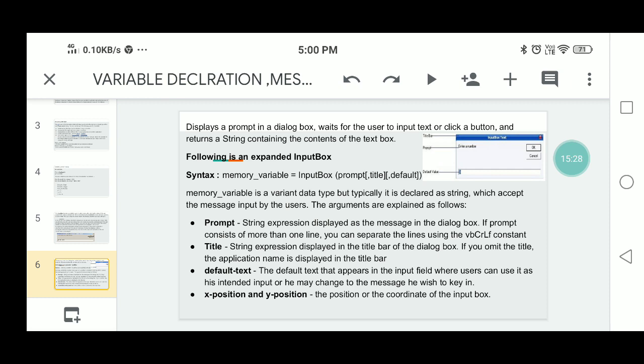The memory variable is assigned the InputBox function's string. The memory variable is a Variant data type here, which means it allows any type of data, but typically it is declared as a string.